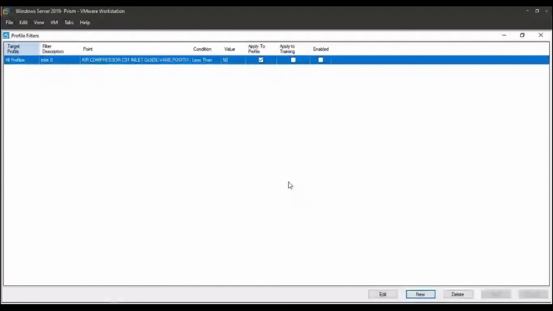So in that way, we can easily filter out the starting condition or the various states that we want to filter out, as in we don't want the analysis to happen during those conditions. So we can easily create filters for that.